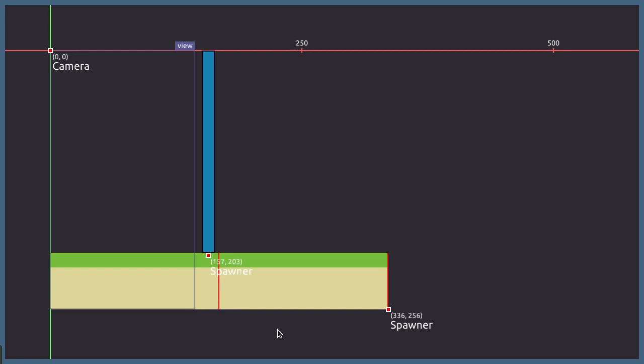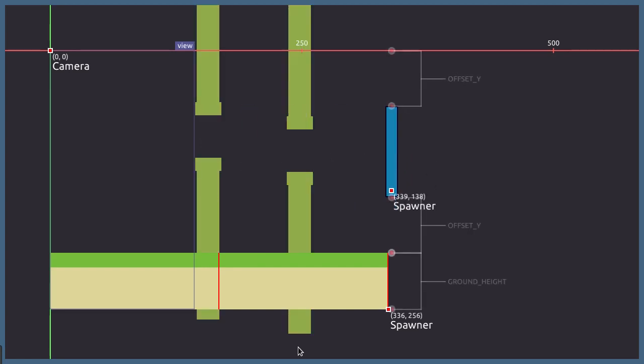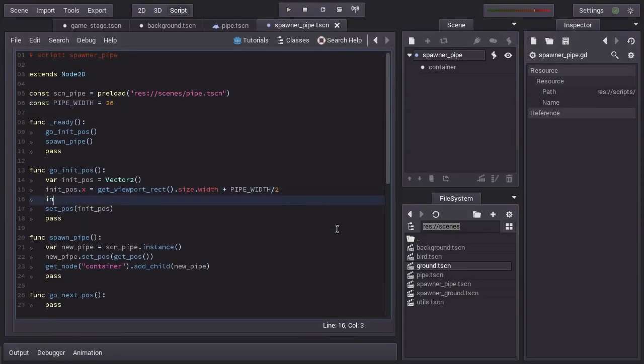But even so this won't be enough, because if the position gets too at the top, the pipe is going to be out of view. And the same if the position is too at the bottom. So besides the ground, we will have an offset at the top and at the bottom to prevent this from happening. And we will have the Y position from this range. So the range is going to be from 0 plus the offset to the view height minus the ground height minus the offset. So back to the editor, the init position.y is going to be equal to random range,